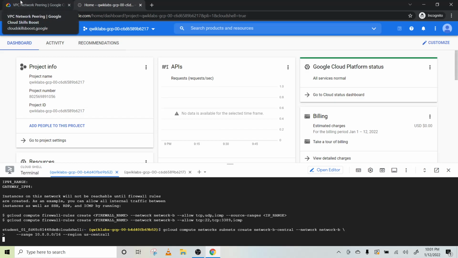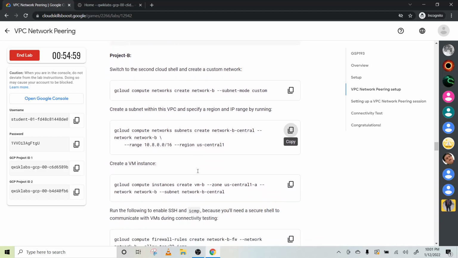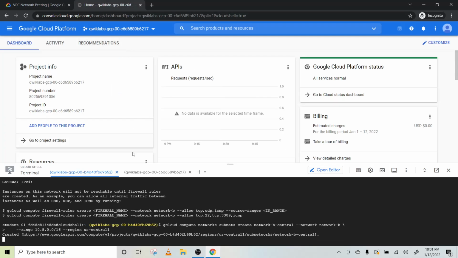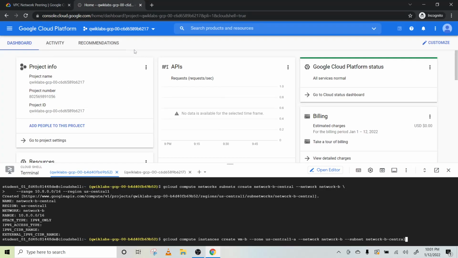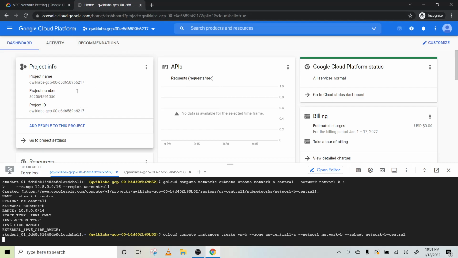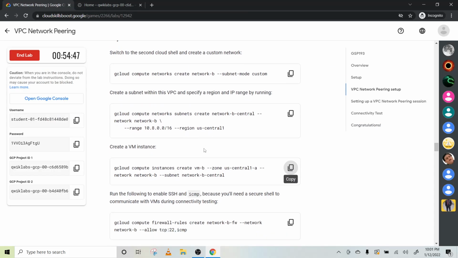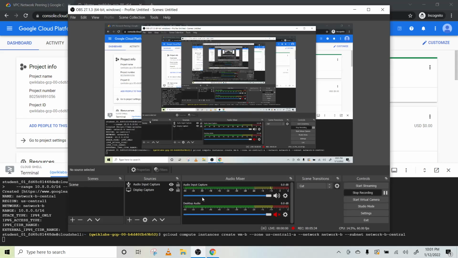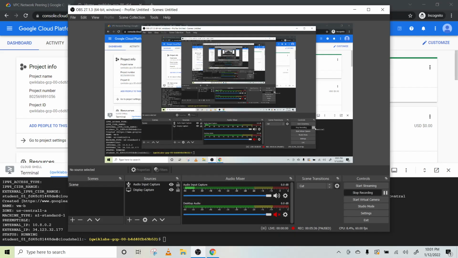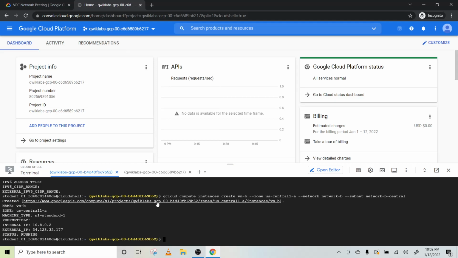It should not take a long time. Once this completes, we can create a VM instance. Okay, this is done. Now let's create the VM instance. It will take about 5 seconds. Don't worry, it will be very quick. Okay, it is done now.